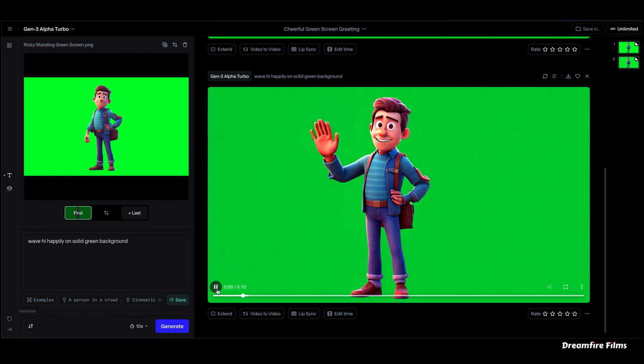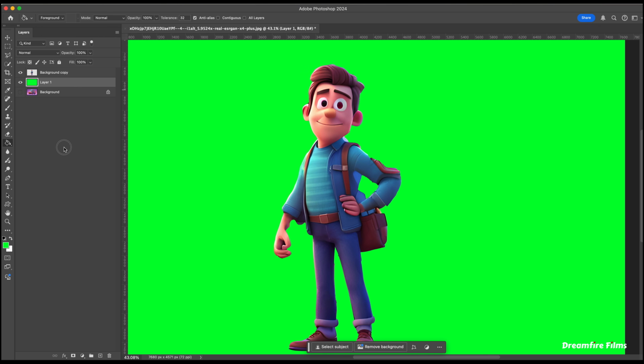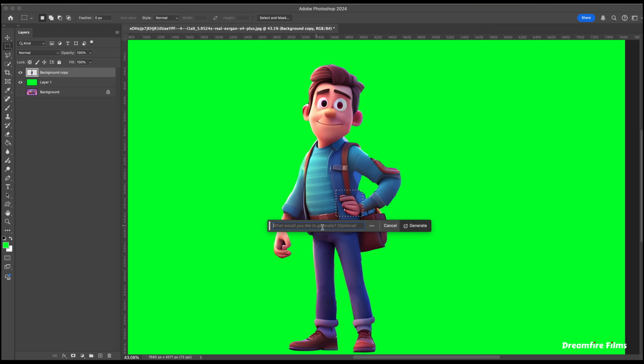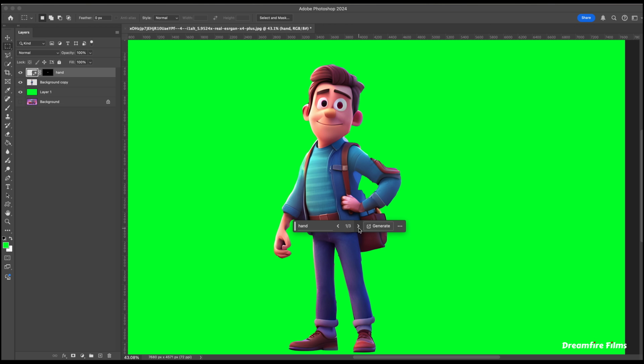So let's say we don't like the way some things are animating. Let's go back to Photoshop and change them. Grab the box selection tool and select something you don't like. In this case, I'll work on his hands. I'll draw a box around his deformed hand, then hit generative fill on the pop-up, type in hand, and let's see what happens. We get some weird stuff, mainly because hands are the toughest thing for AI,